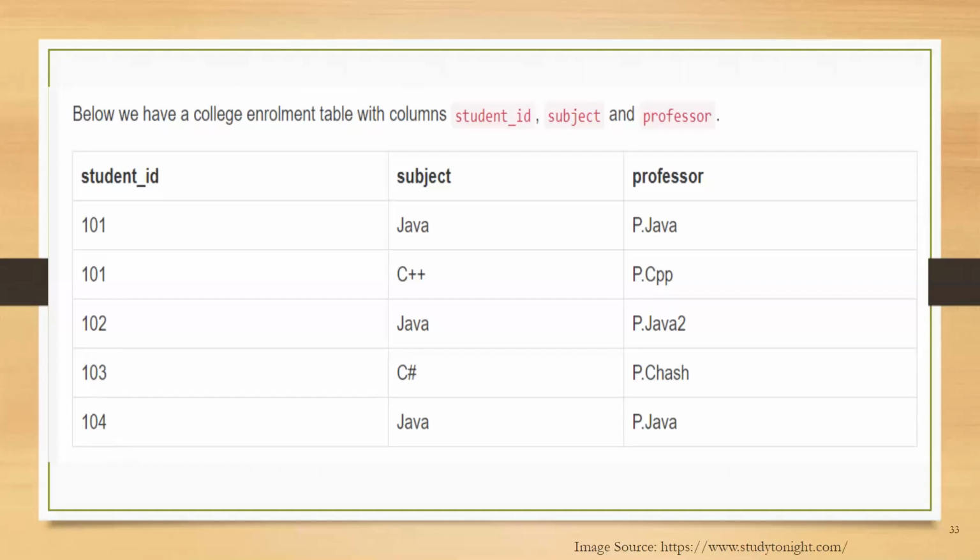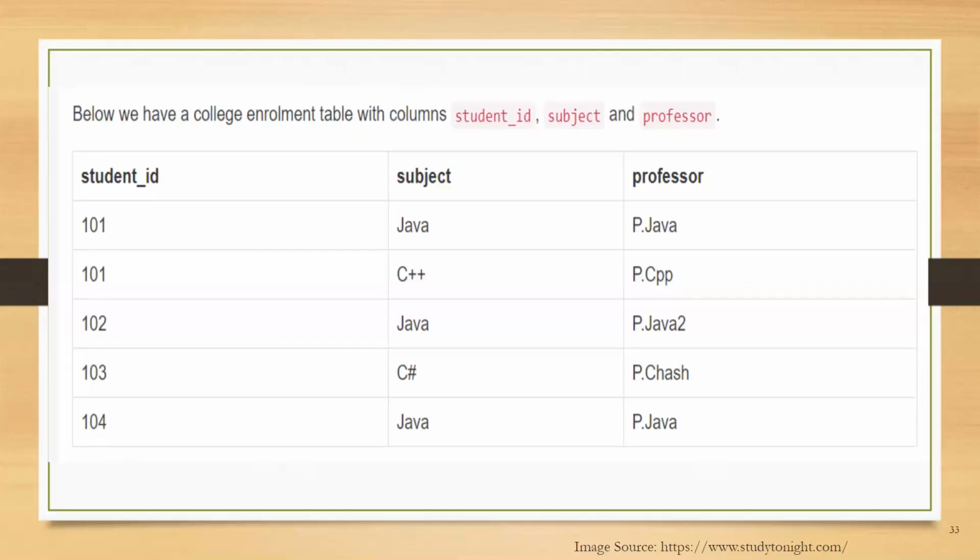But one more point we need to think about is that one professor teaches only one subject, but one subject may have two different professors, hence there is a dependency between subject and professor. Here, the subject depends on the professor name. This table satisfies the first normal form because all the values are atomic or single, column names are unique, and all the values stored in a particular column belong to the same domain. This table also satisfies the second normal form because there is no partial dependency. Similarly, there is no transitive dependency. Hence, the table satisfies the third normal form as well.